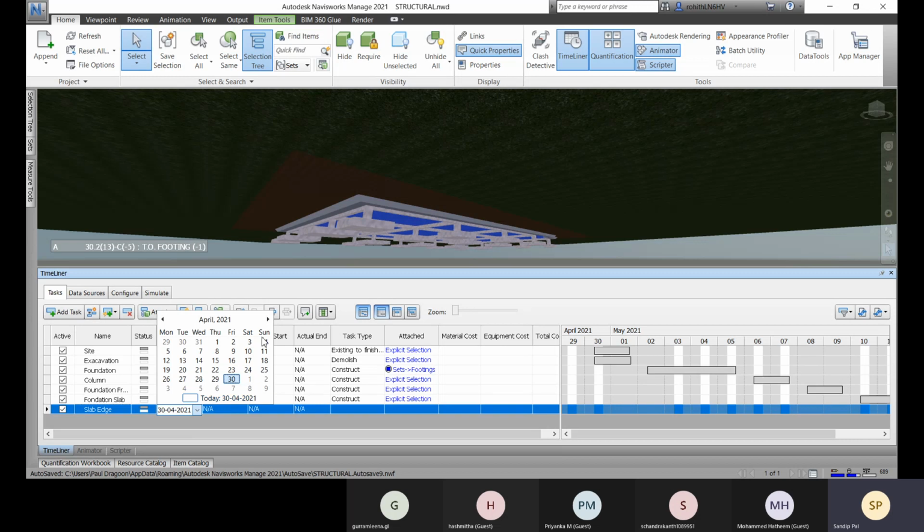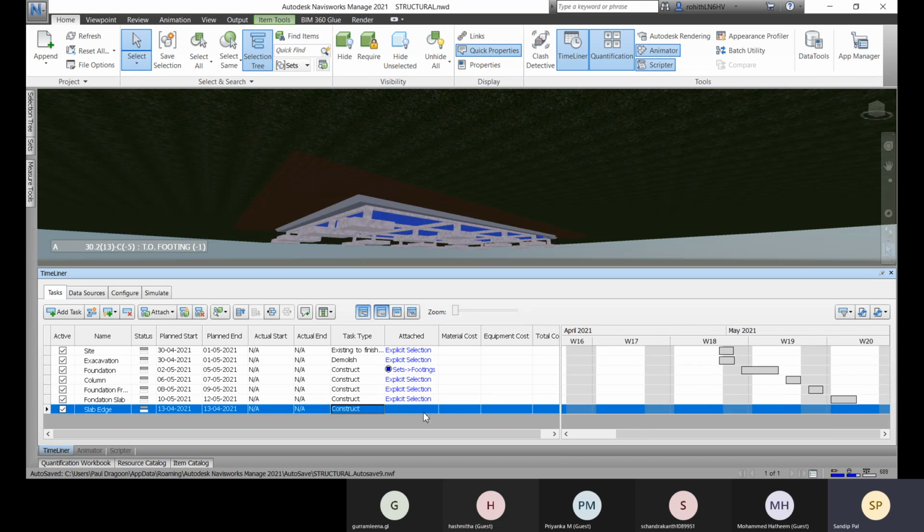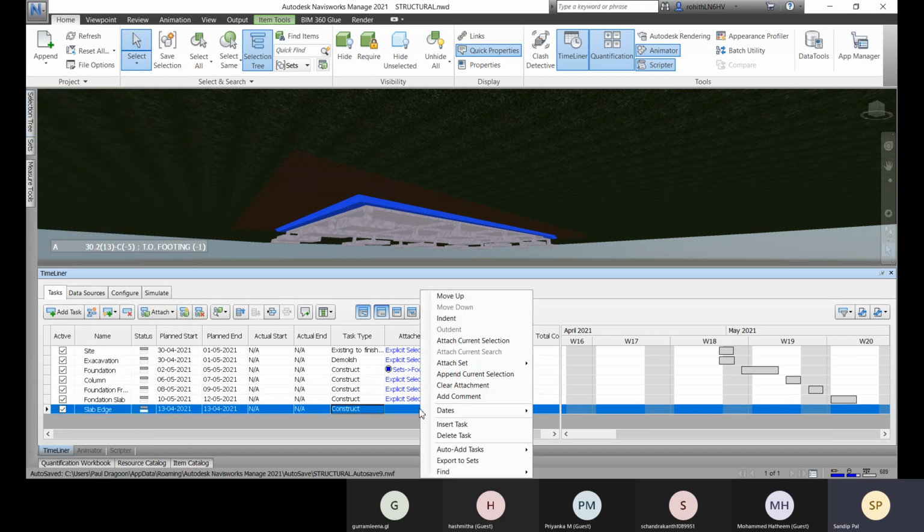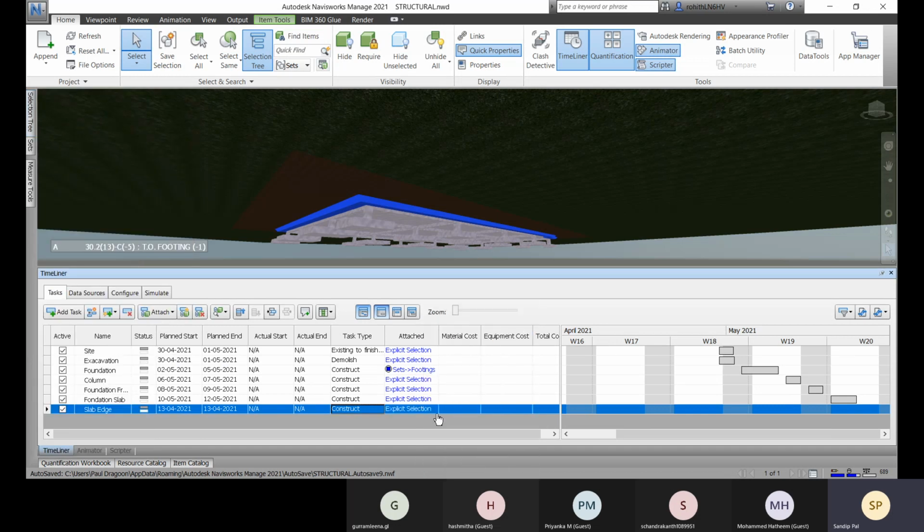Okay, it will be started on that day. And it will be end on the other day. The type is construct and about the selection. So let's select them, right click and attach current selection.